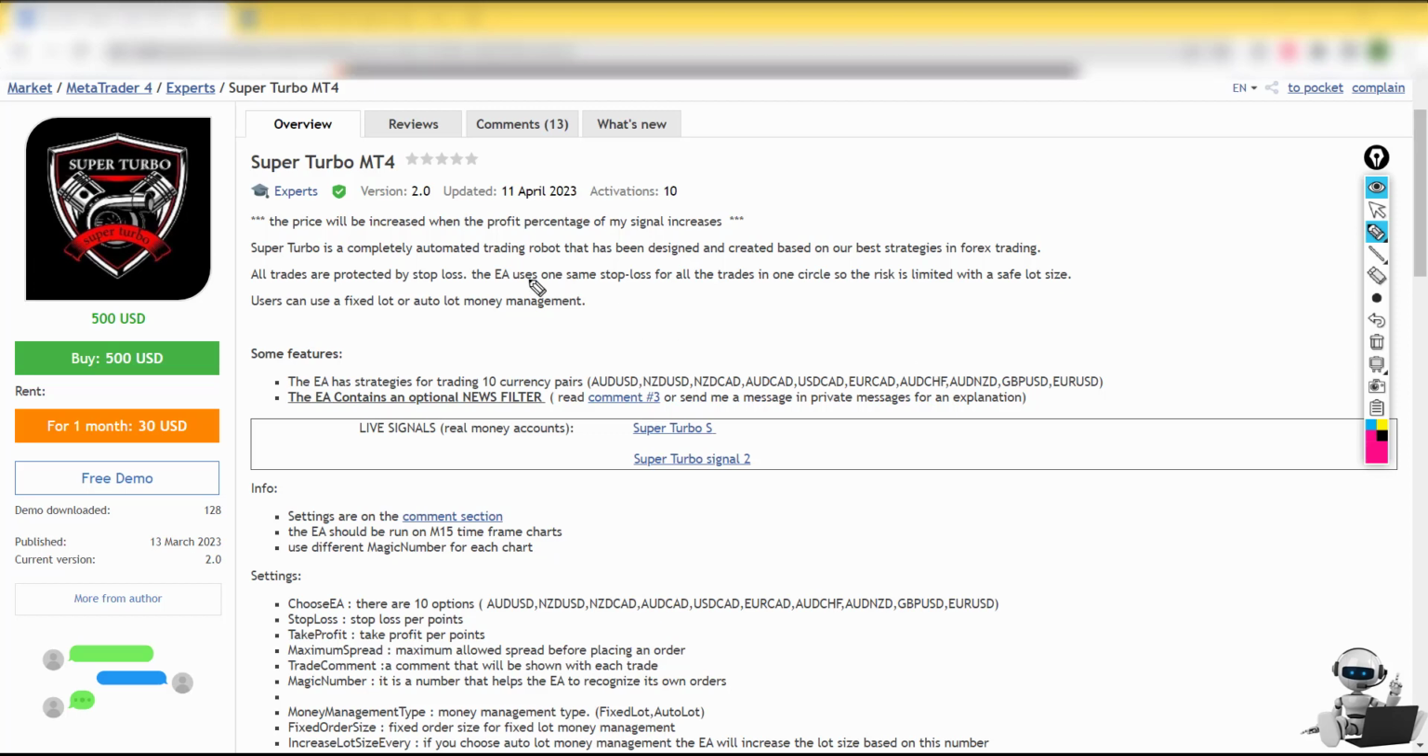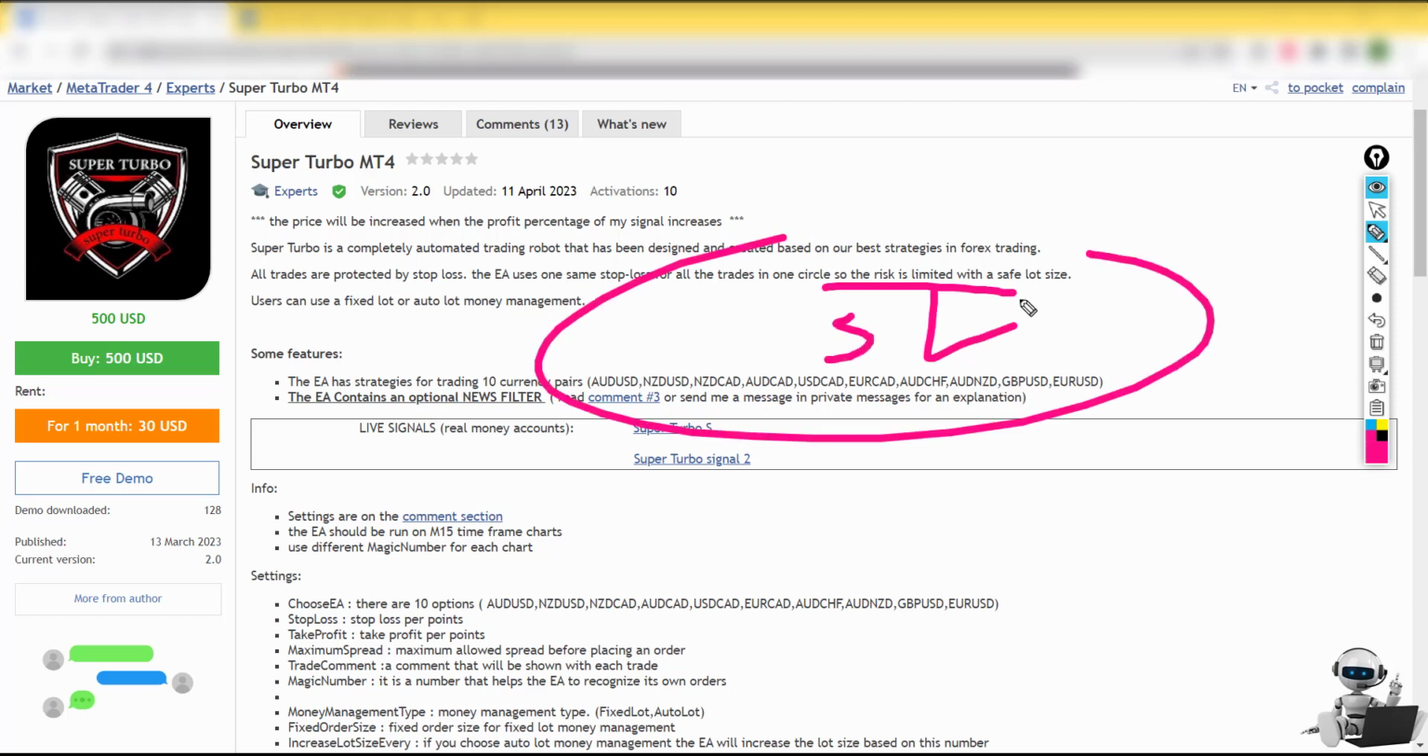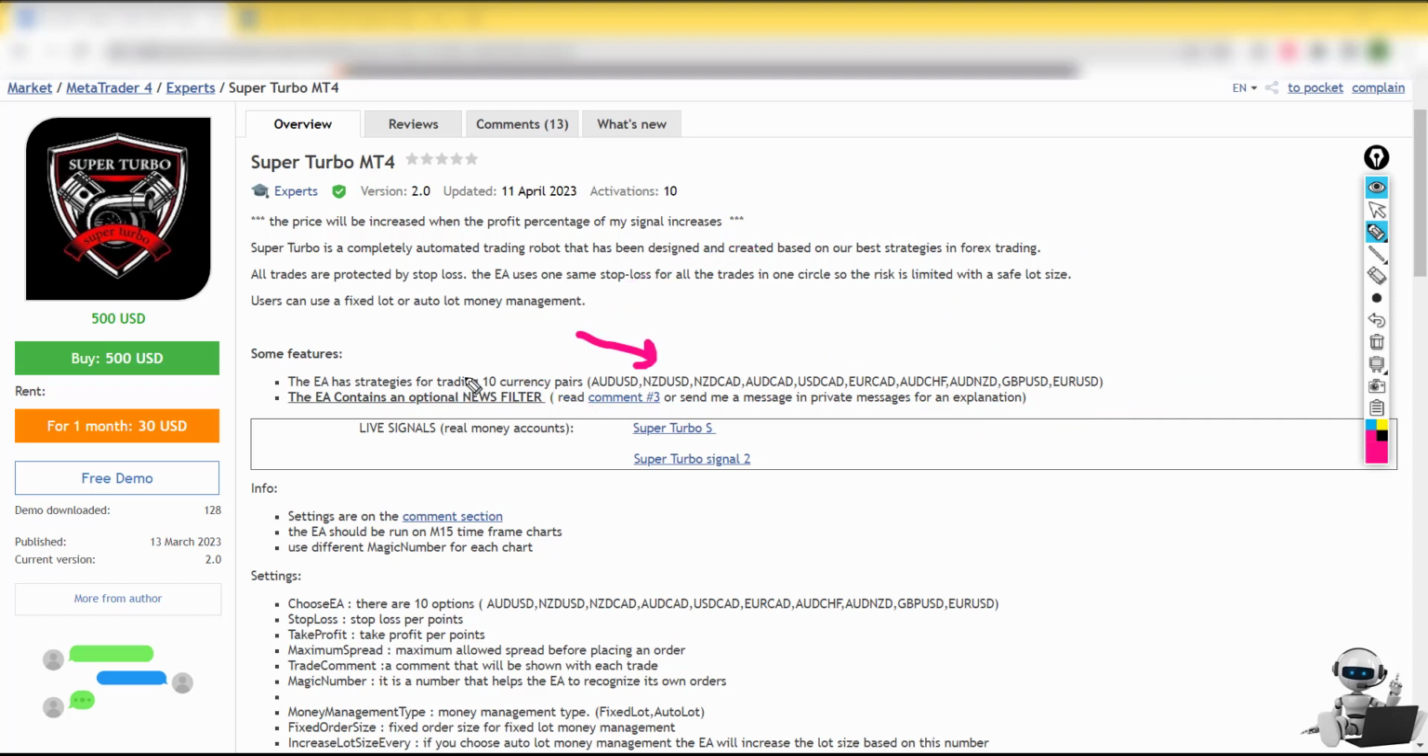So we know that this EA uses the same stop loss for all the trades, so the risk will be limited and with a safe lot size. Now we can see that the EA trades on these 10 pairs, and you can also enable news filter, which I recommend. The setting we have is the setting for each chart and it will trade on 15-minute time